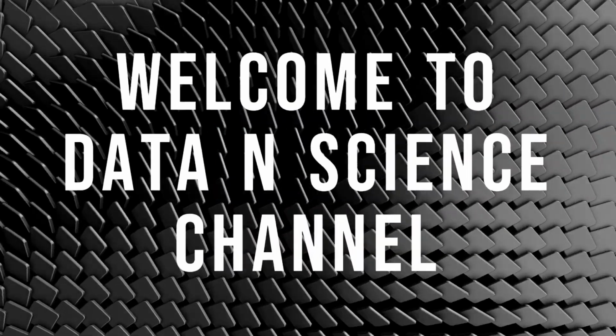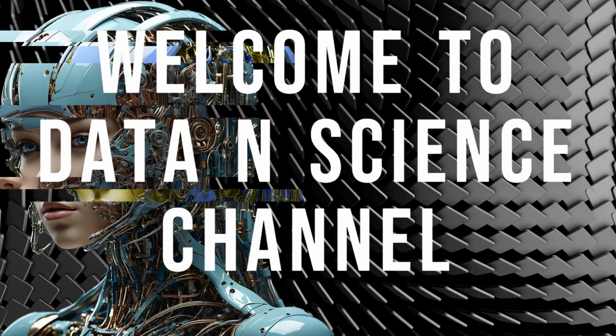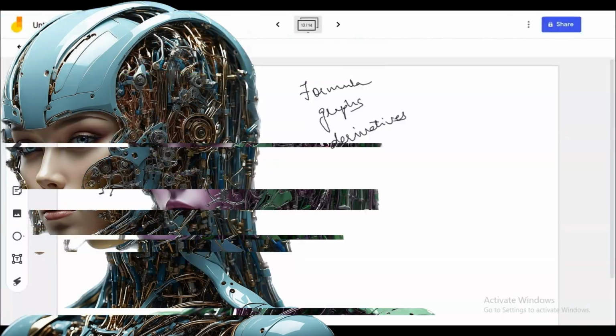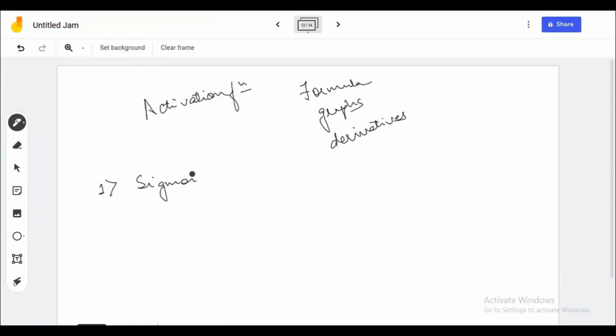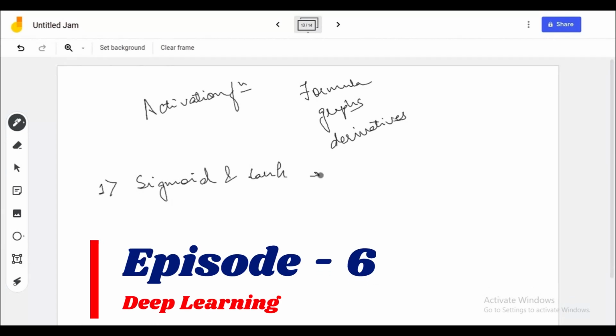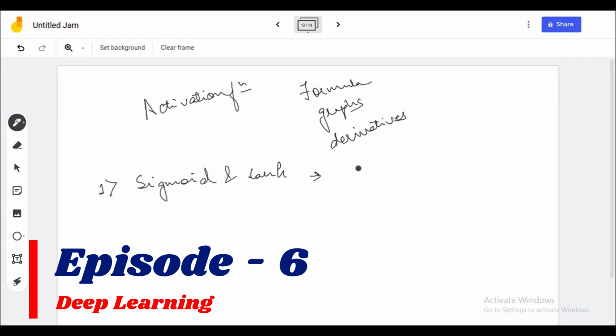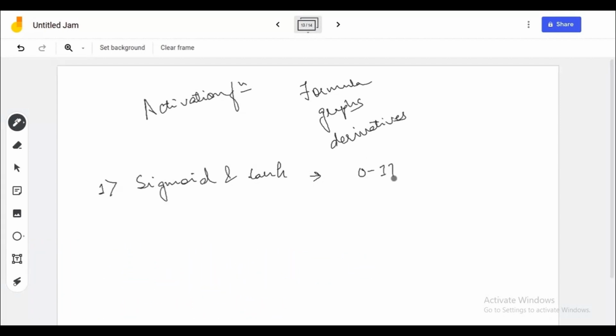Next, we will talk about some of the problems with these activation functions. So let us start with sigmoid and tanh. The first thing I said was that sigmoid lies between 0 and 1, so it gives less focus to negative values. Then we had tanh, which lies between -1 and 1. One problem with both of these was that they were hard to compute.